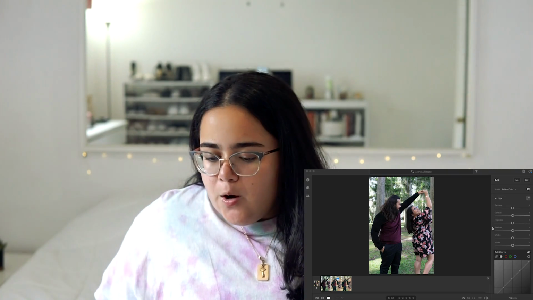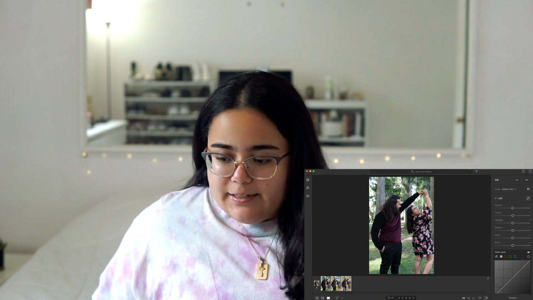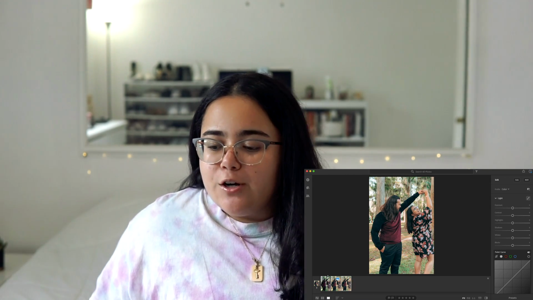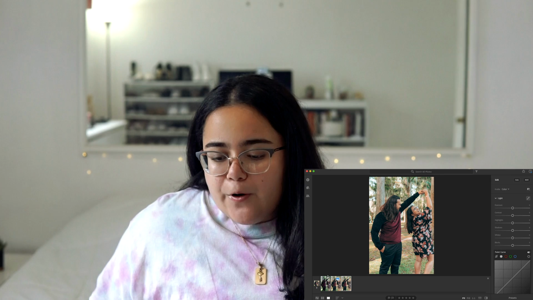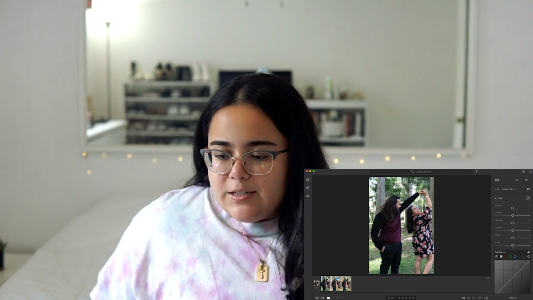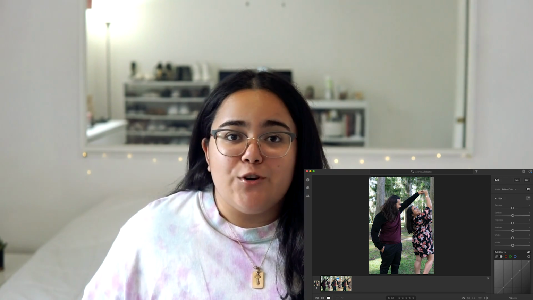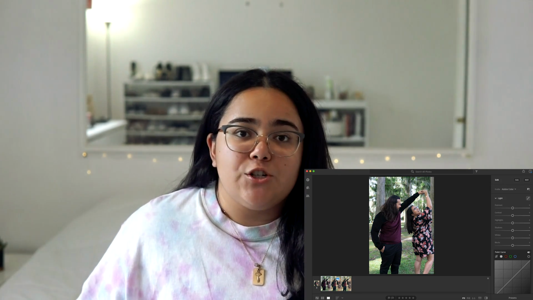So with this photo, this is what it looks like before, and then this is what it looks like edited. I was kind of going for a glowy feel for this photo. As you can see, it's definitely not glowy at all. It's just green. So for starters, what I use is Lightroom, and what I use on my pictures are some